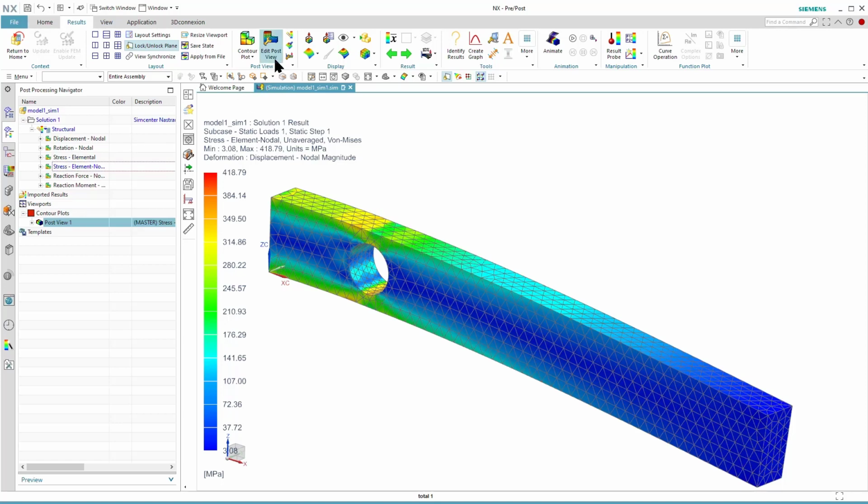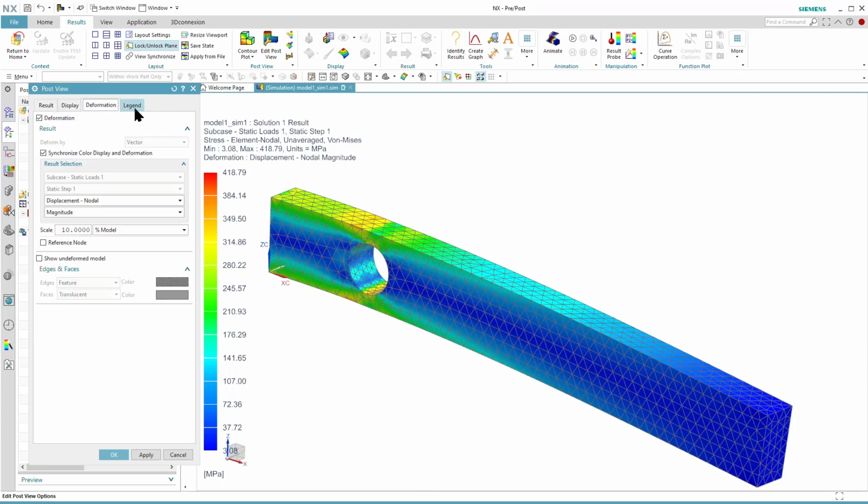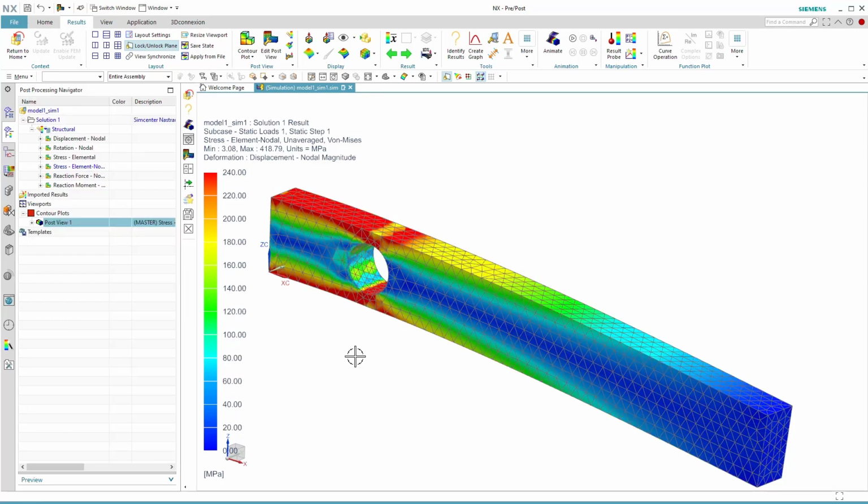To get a nicer picture, I go in this menu, you have to learn with different possibilities. I just go to legend, change the legend extremes to specified. I decide to take 0 and 240 megapascal, because that's about the limit of the aluminium I have taken for this body, and I see this